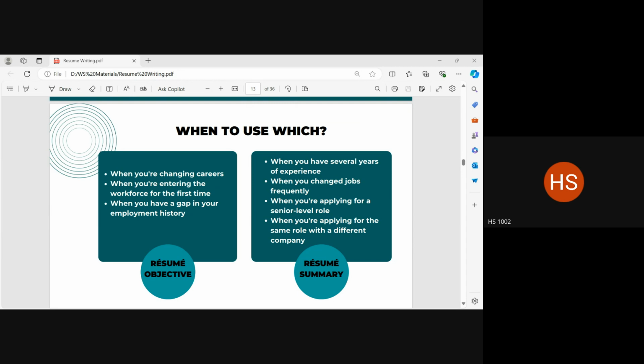Let's say you've been working in a particular role for a few years, but now you're looking to change companies. Changing companies, but in the same role. So, all the things that you've been doing until now will be relevant for you in that new job as well. So, there also you can use a resume summary. You can summarize your achievements. Clear?